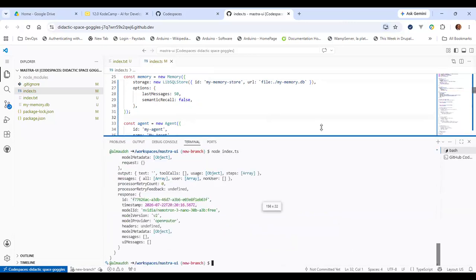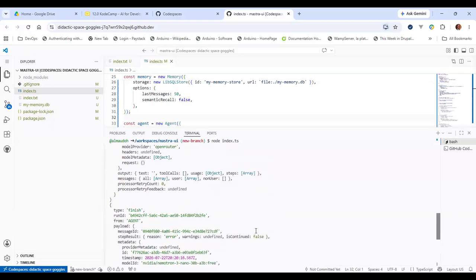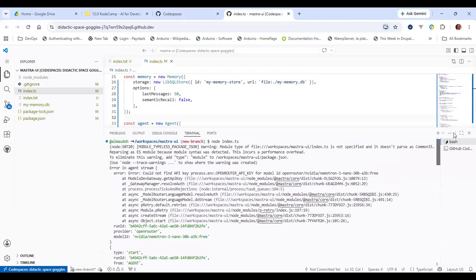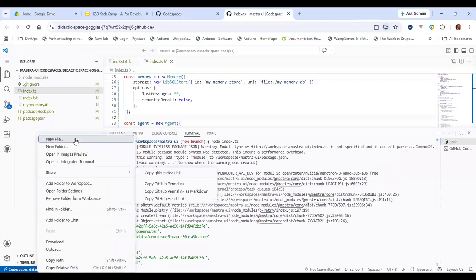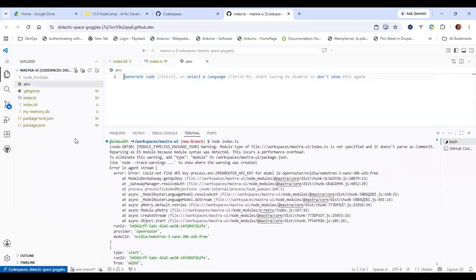Now, you see, I don't have an API key, so let me set up all of that. Let me set up the API keys in .env.